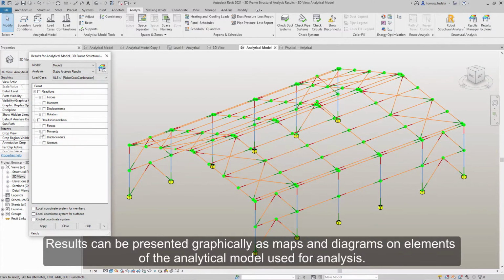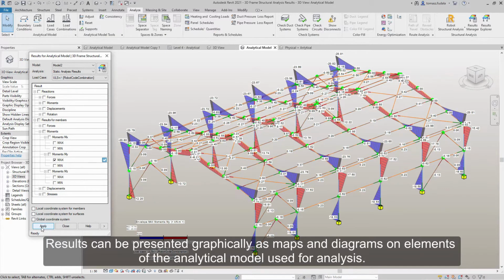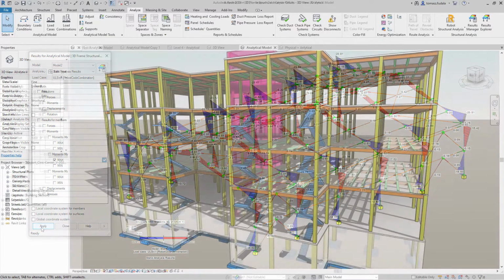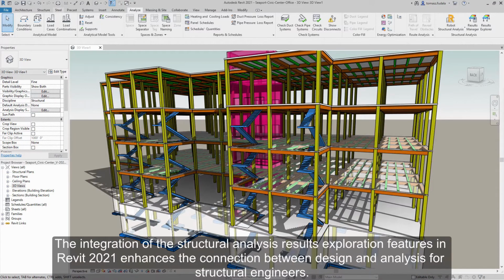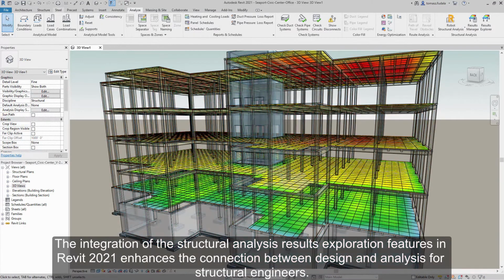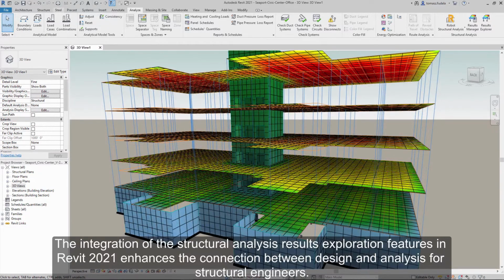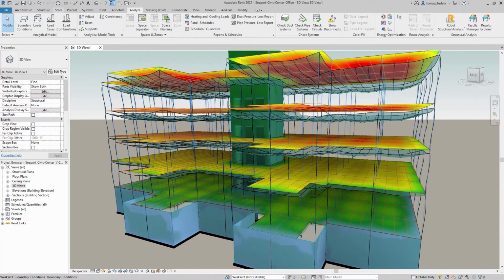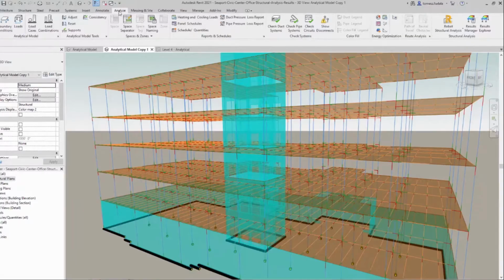Results can be presented graphically as maps and diagrams on elements of the analytical model used for analysis. The integration of the structural analysis results exploration feature in Revit 2021 enhances the connection between design and analysis for structural engineers. Let's finish up today's discussion.